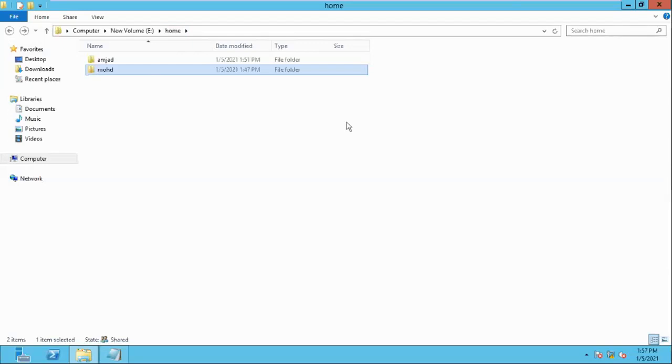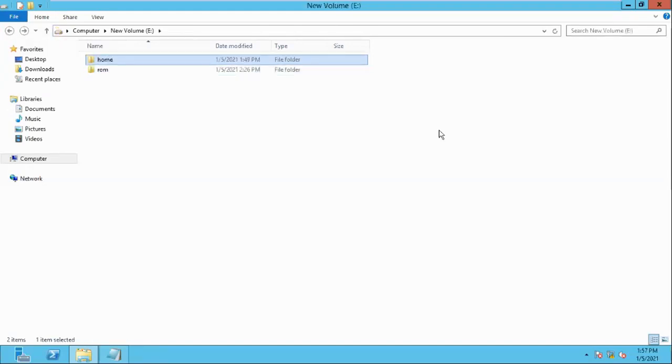Whatever the size of your drive partition where we create the share folder, with that size, irrespective of users, they are able to get it.